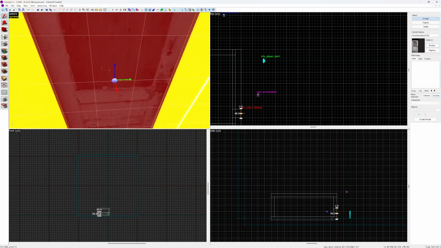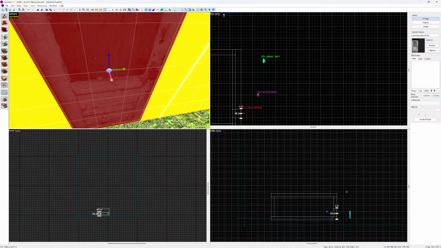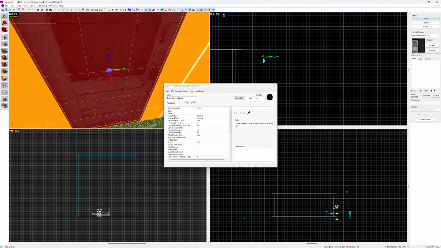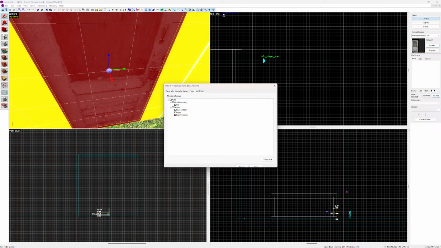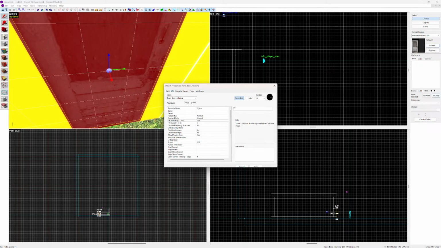But what we need to do is change the location of this button, because we don't want it rotating in the middle. We want it to rotate at the hinges. And how you do that is by changing the location of the button. And if I remember how to do that, there it is. Okay, yeah, we have to edit the origin. And specifically,